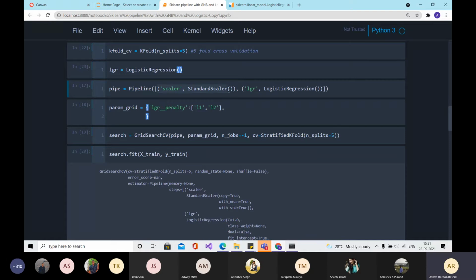The very first element of this pipeline is a tuple containing the class StandardScaler. StandardScaler is for scaling your X matrix.